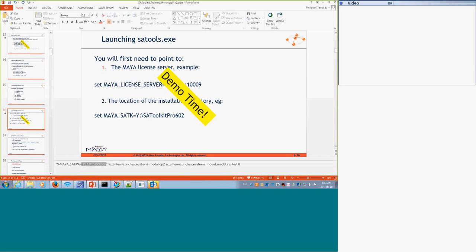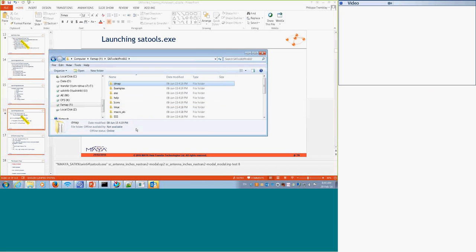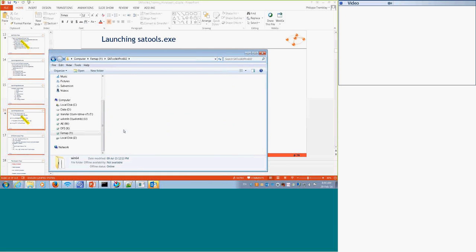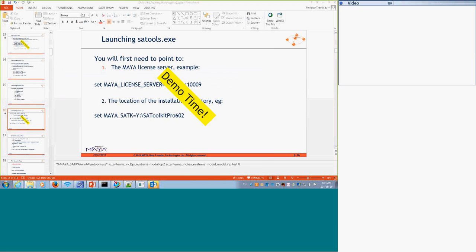So satools.exe is one level down in the installation. If you go to your SATools installation, you go to 64. There's the core processor executable right there.